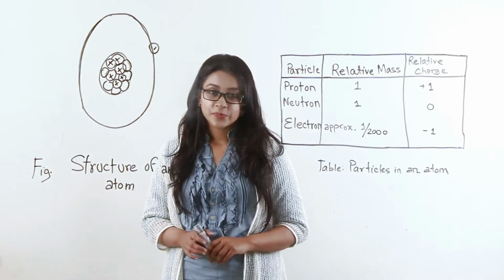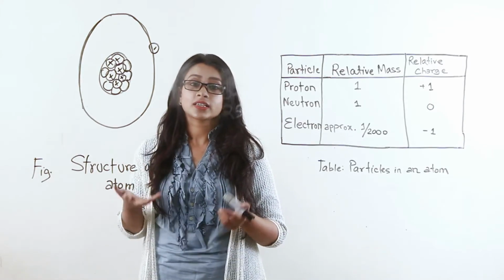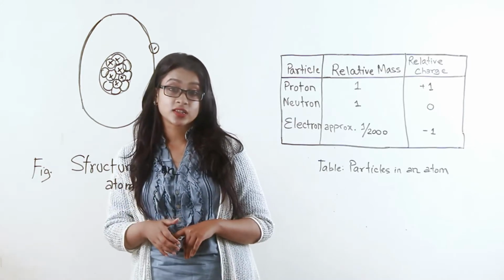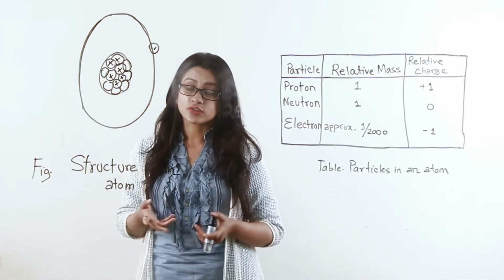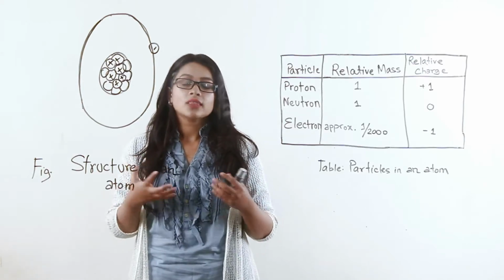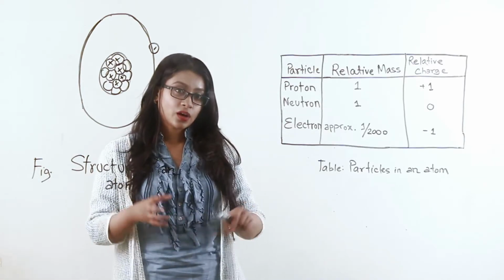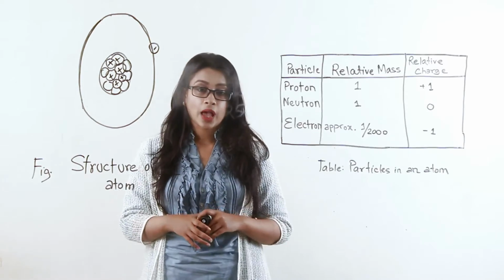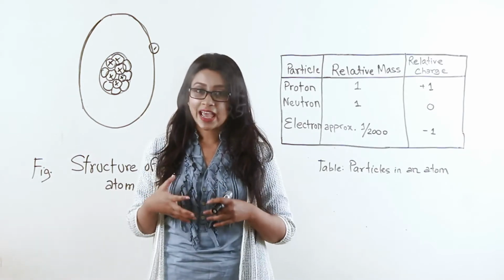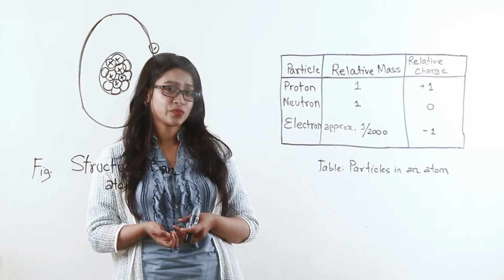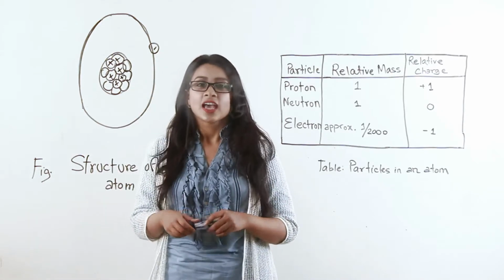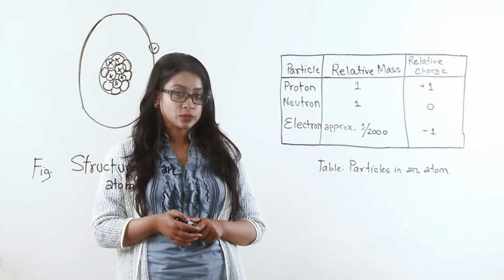Now, so far, we discussed that the nucleus is where the protons and the neutrons are situated, and on the outside is where electrons revolve. Now, the number of protons of an atom is the proton number. But the proton number of an atom is also known as the atomic number of an atom. What is the atomic number? If you look at a periodic table,